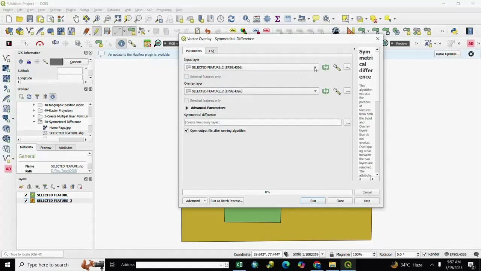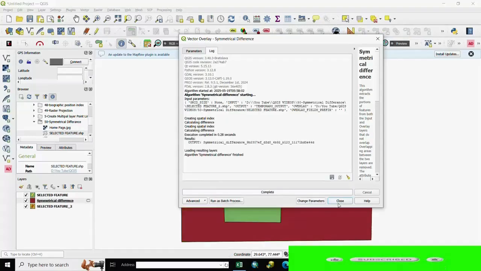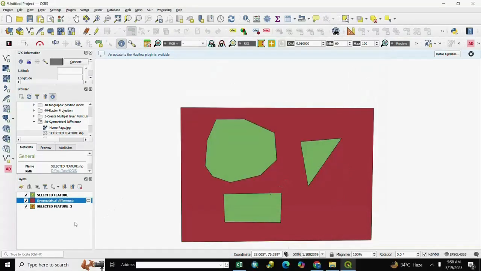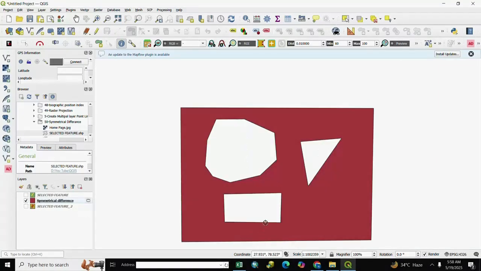We select the first layer and the overlay layer. After it, we run it and close it. You see here your overlay area. Here is your symmetrical difference area.